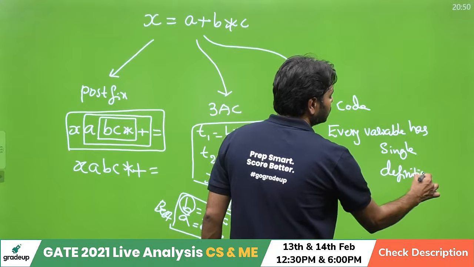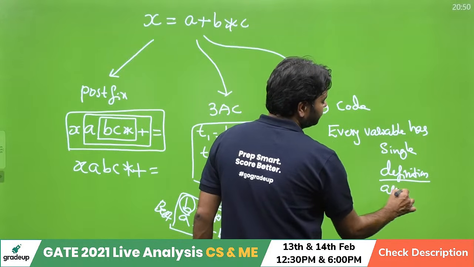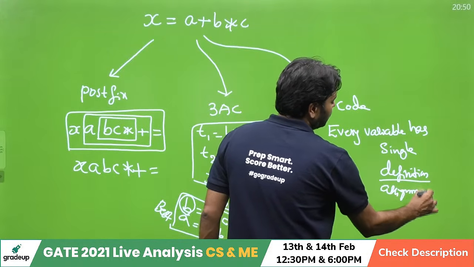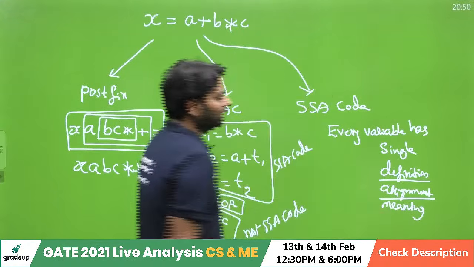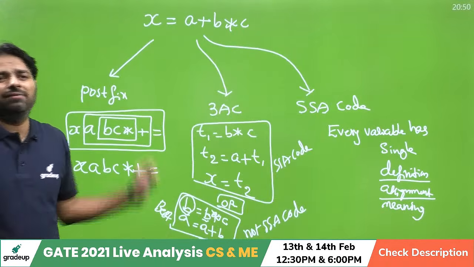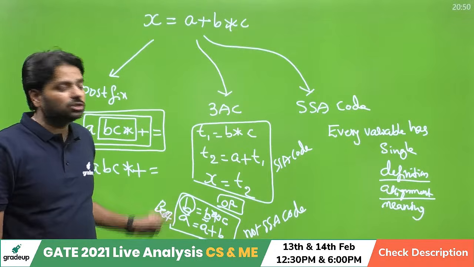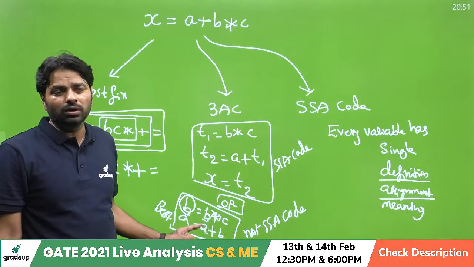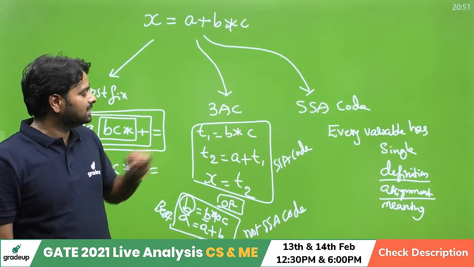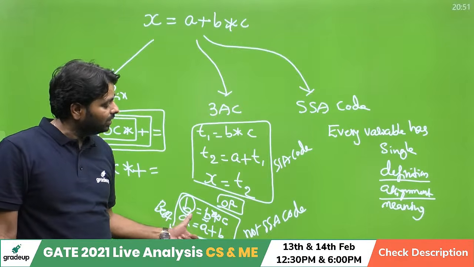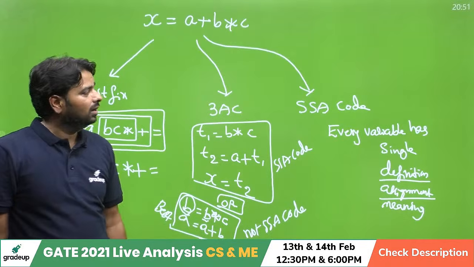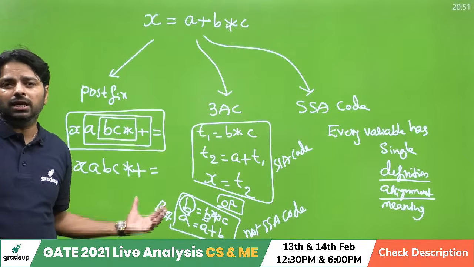Single definition is also called assignment, also called meaning. So every variable should have a single meaning. Multiple meanings you can't give to the same variable in the same code. That is the reason this is SSA code and this is not SSA code, because we got a second meaning here. So this is not SSA code. SSA code is also three address code where